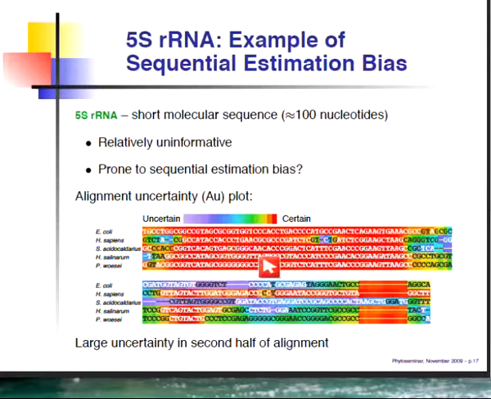Here's an estimate of what the posterior distribution of alignments, or at least the alignment uncertainty, for a number of 5S RNAs across the whole tree of life might look like. And what you immediately see is that there is some evidence of fairly strong statements of homology amongst the sequences on the 5' end of the sequence. But as you move to the 3' end of the sequence, there's no information in there to assign homology or draw inference about the evolutionary tree itself.